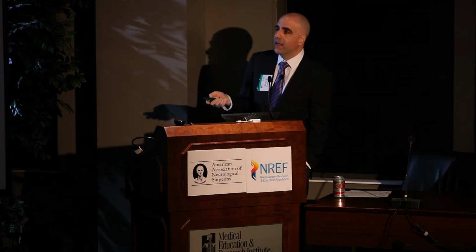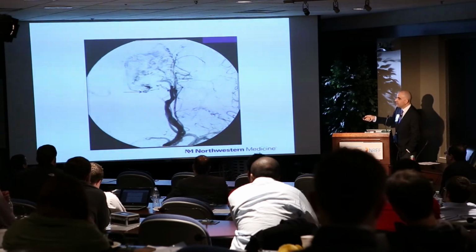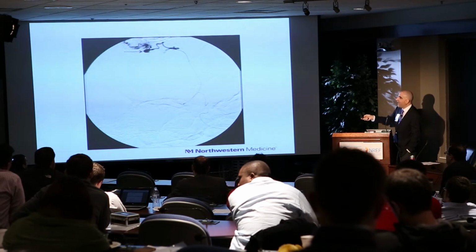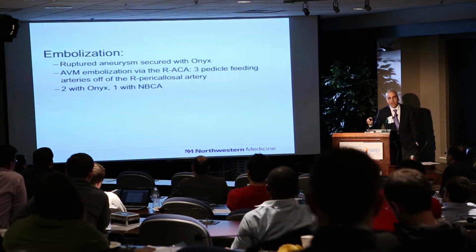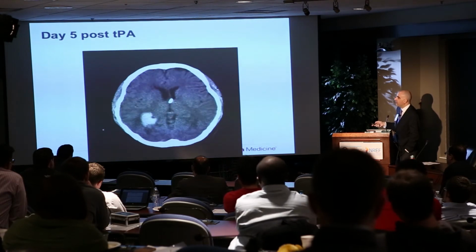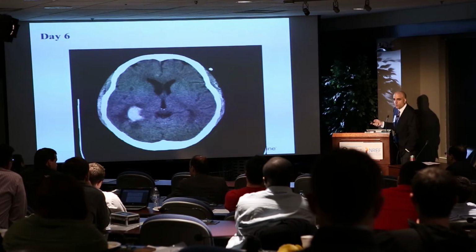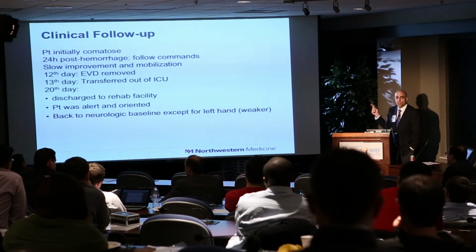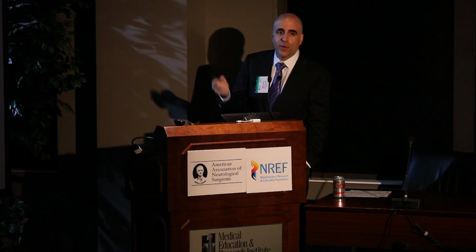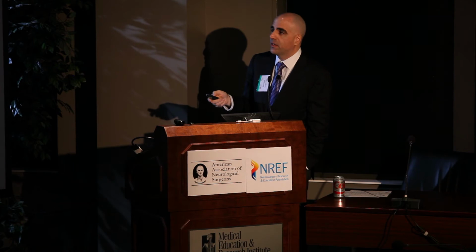So we put an EVD in and brought the patient back to the angio suite. On the CTA, we identified this as the rupture site. We correlated it with the angiogram. We catheterized that vessel, embolized that, and then started TPA. And we see here this is day 3, day 4, day 5, day 6. Her blood cleared. She went back to neurological baseline. We took out the AVM, and she did great. I think she would have died had we not been able to infuse TPA into that ventricle. But we had to seal the rupture site first. So here you had to use all your knowledge to help this patient.